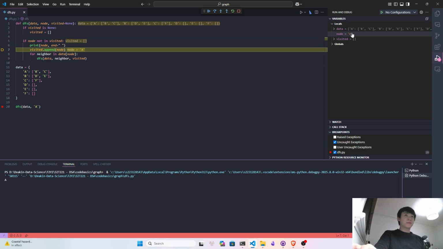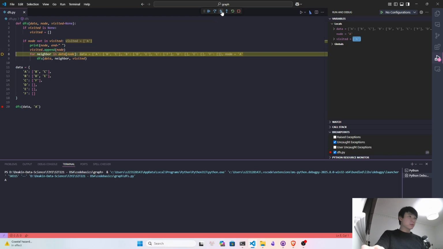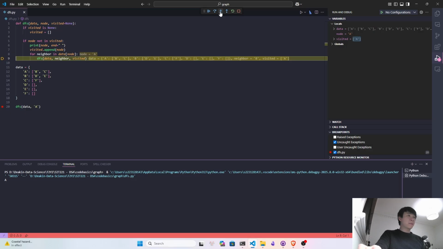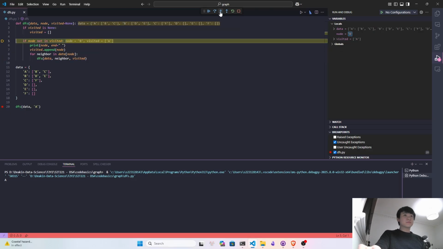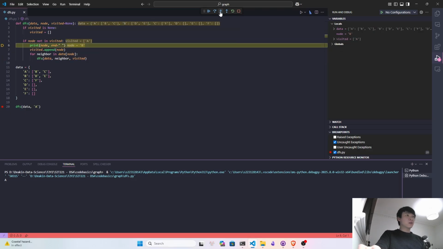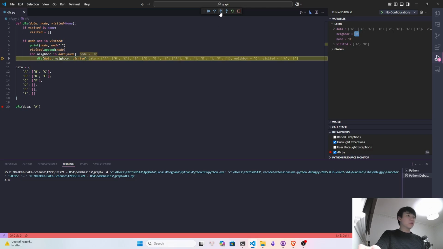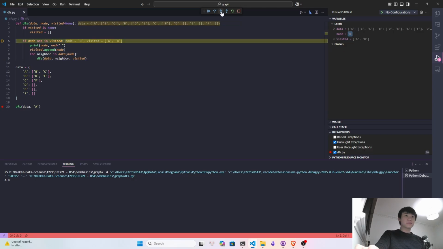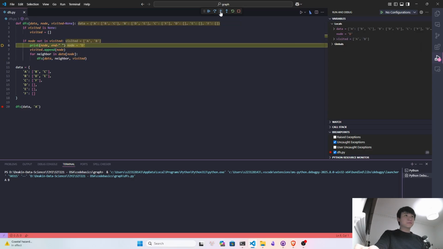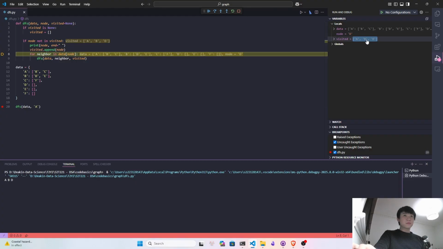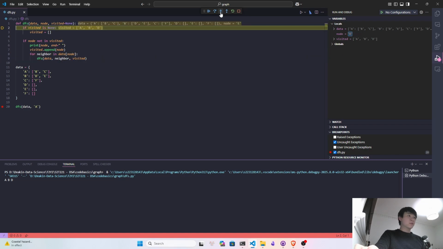So we start with the starting node A, and now we will go to B. B is not in the list, so we add that. From B we go to D. So we add D, and D has no children, so we backtrack